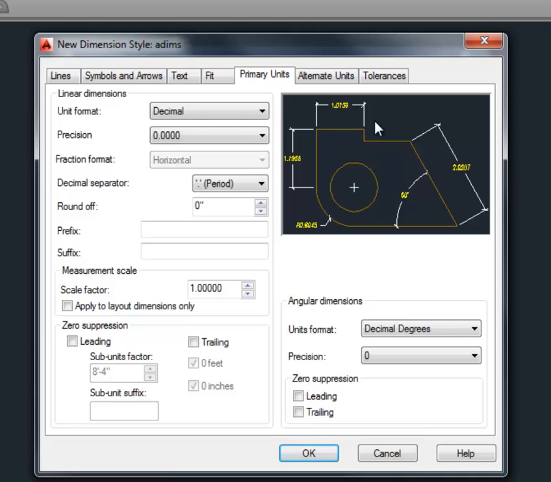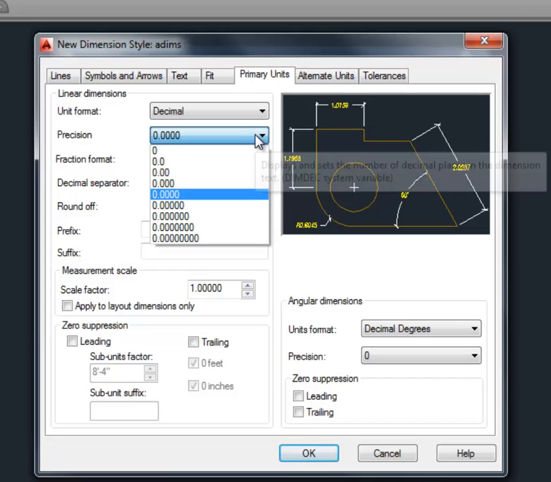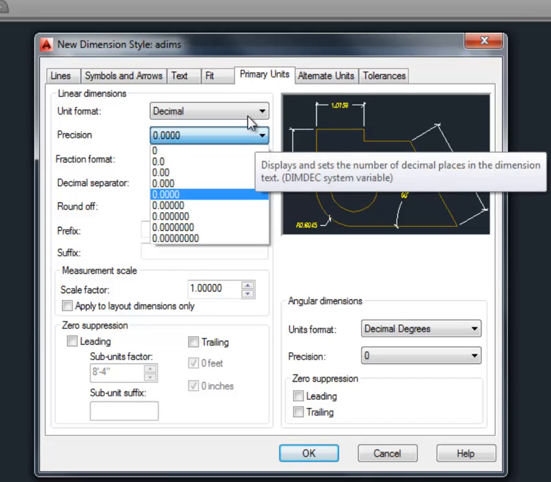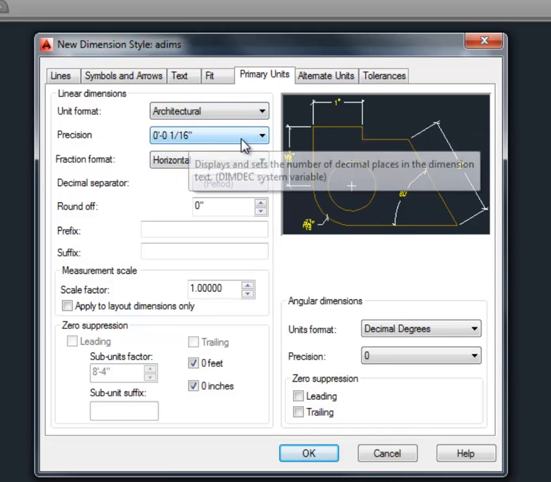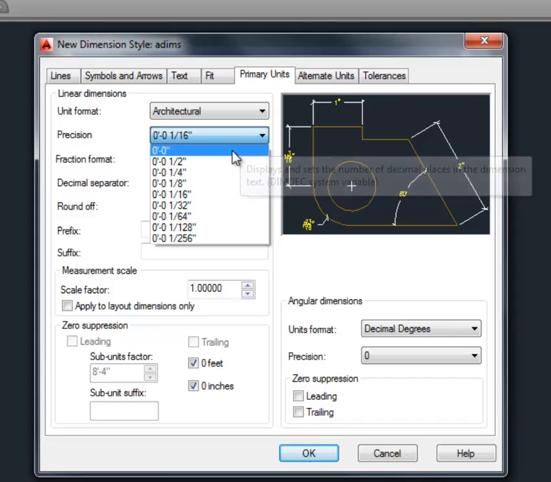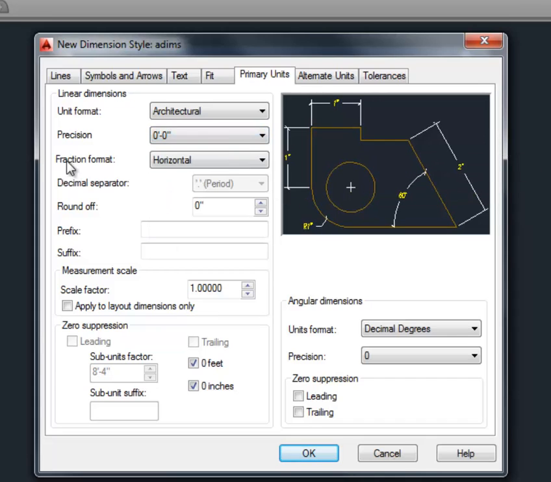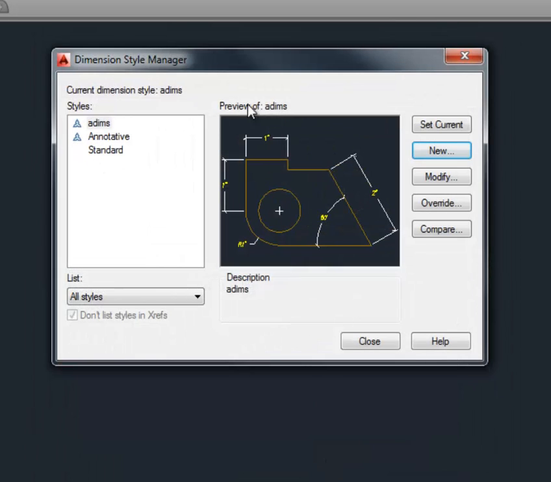Okay, you can't go higher here than what you have in the units, but you can go lower. So here I don't want to show that much precision, but also I want to make sure I use the architectural unit format, and I don't want to show any fractions because I just want to show feet and inches. Okay, so once you review all those settings, just click OK,